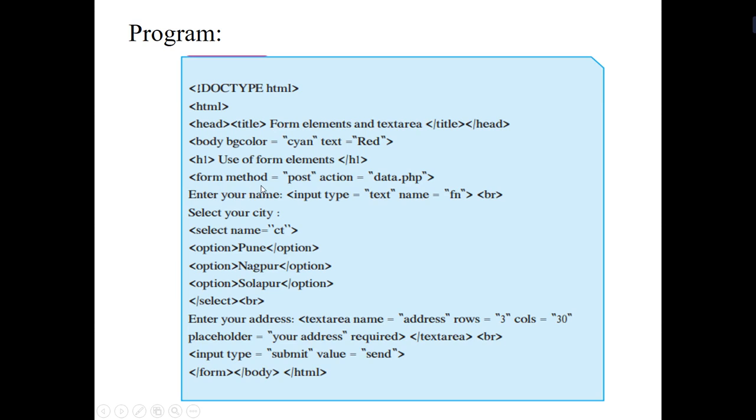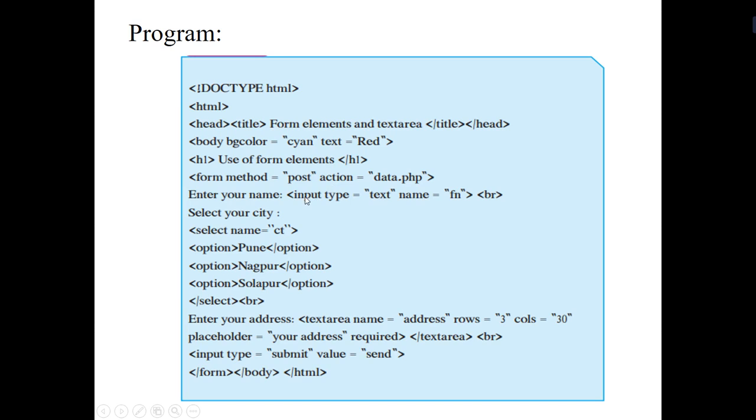In form tag we have used different attributes. Okay, a single tag can contain multiple attributes like method, action, etc. So the form is the tag and the first attribute used is the method. There are different methods we have seen in the theory part, that is get and post. So here which method have we used? Post. Action is equal to data.php. Here is the file which we want to link.